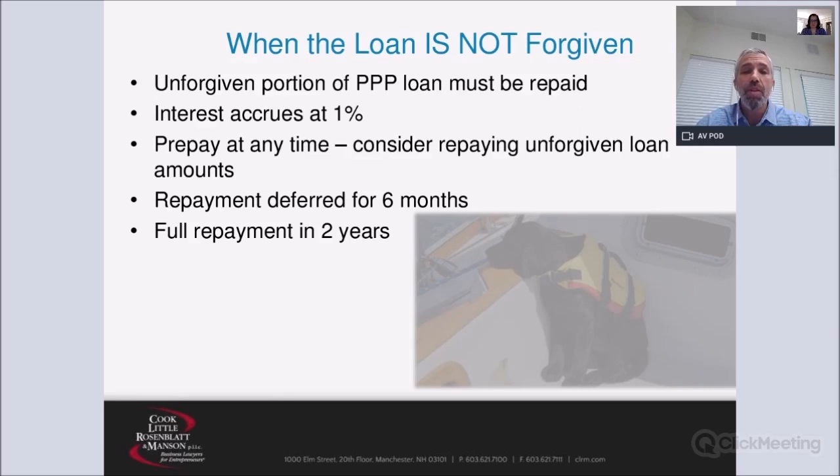So if you don't think you're going to need it, and let's say 75% of your PPP loan is forgiven and the other 25% is not, then that 25% that's not forgiven, you can either continue to carry on your books as additional loan proceeds to be paid back at a later date. It's not secured debt. It's very favorable, but it does need to be paid back. So if you don't need it, some of our clients are talking about just paying back the amount that they don't end up utilizing.